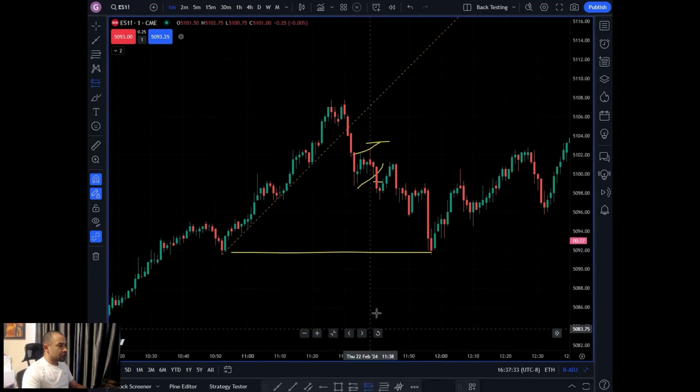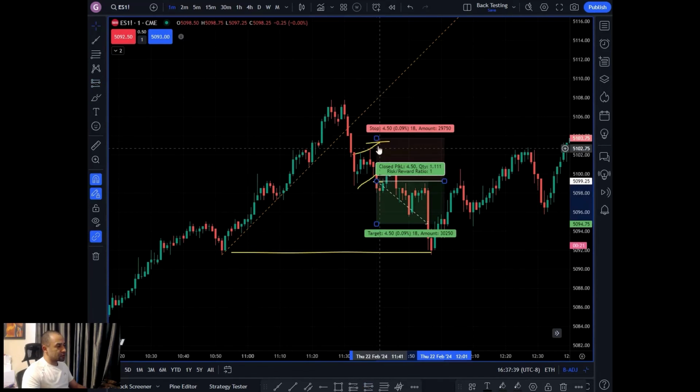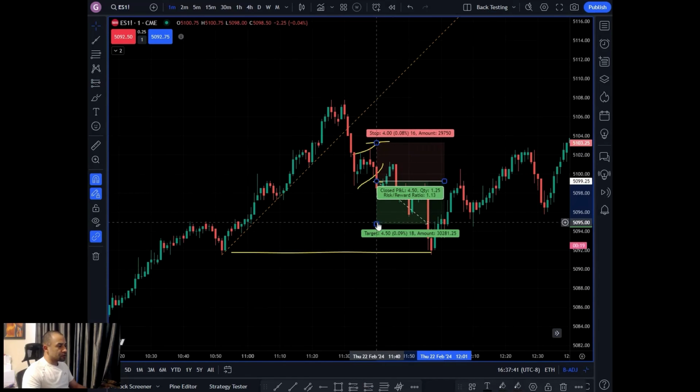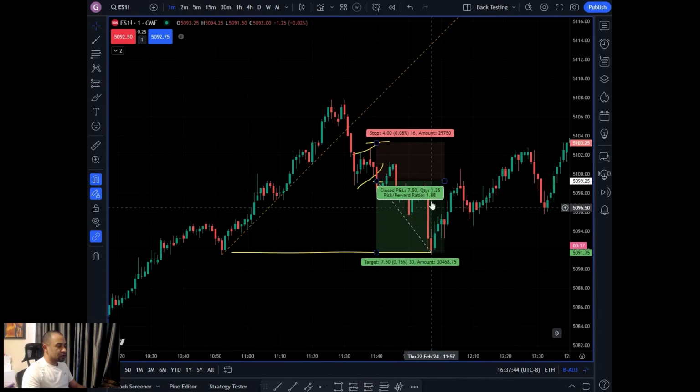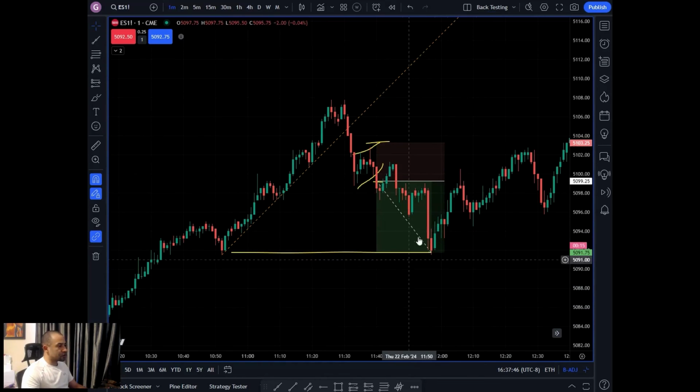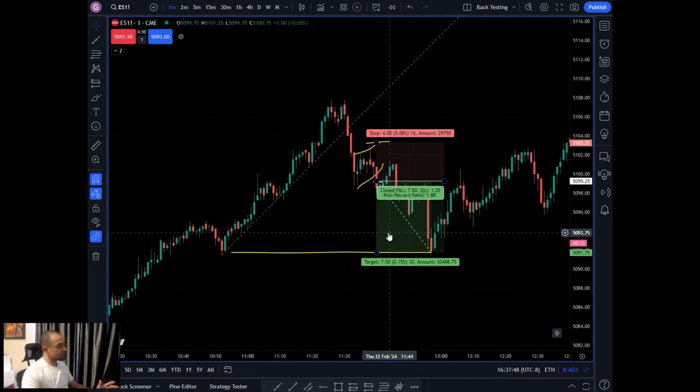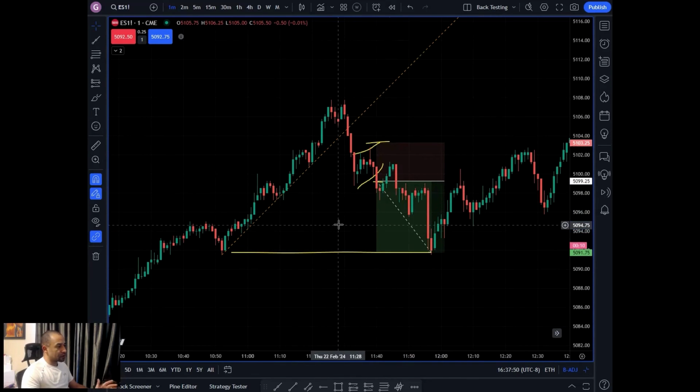Okay, it's a pretty quick trade: trend line break, bear flag setup, and breakdown, and we would be looking at about 1.88 to 1 risk to reward ratio, which is not too bad. You know, I would like to get closer to 2, but anything over 1.5 is pretty good.